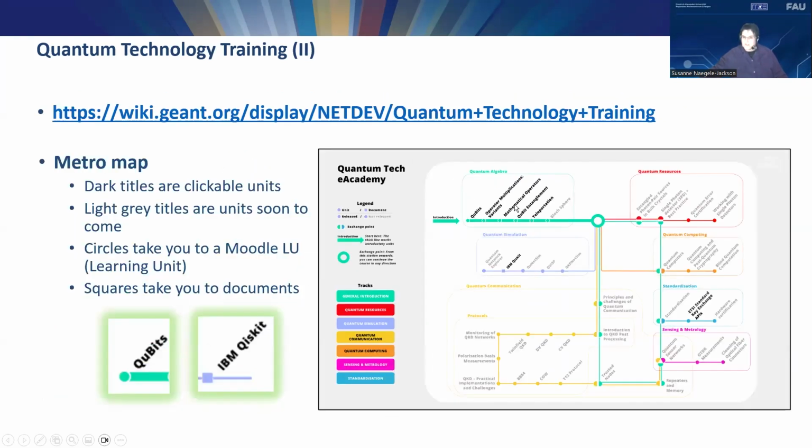Just as for OAV, we have the circles for the Moodle learning units, and we have squares for things that are linked to documents or to wiki pages, and whatever is clickable is available, and the other light gray units are things that we are currently still working on.